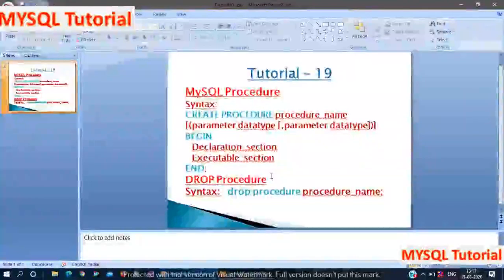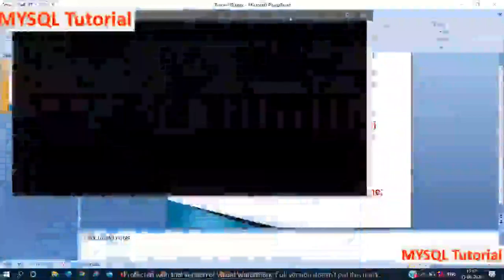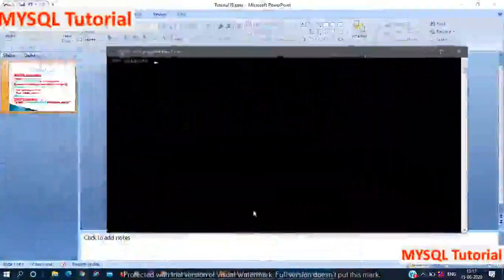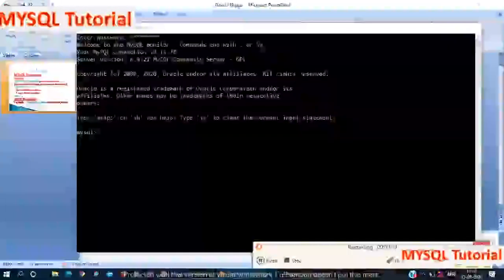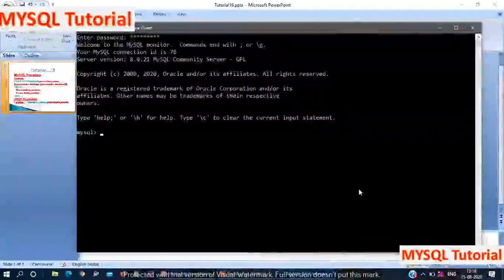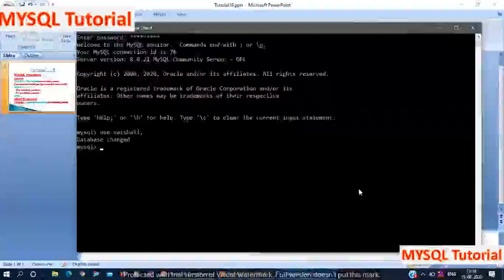Now we are going to create MySQL procedure into database. Open your MySQL command line client. You can use any database, and from that database you can use any one of the table.